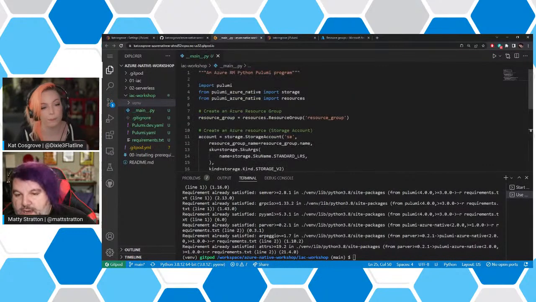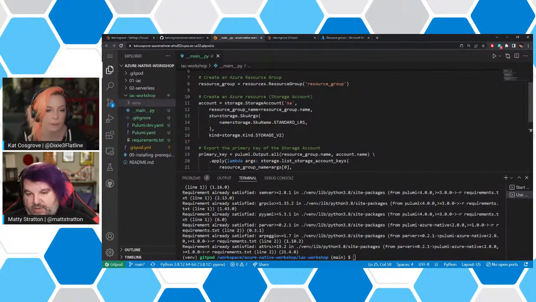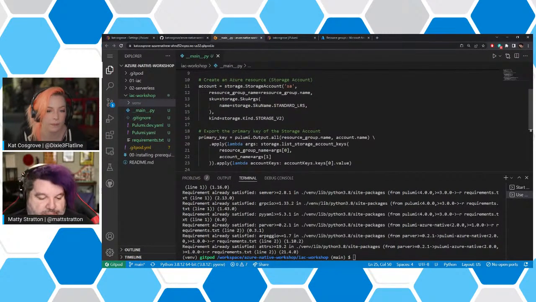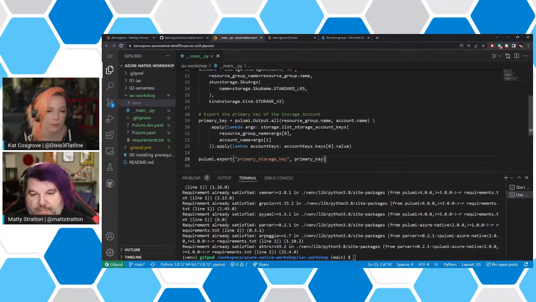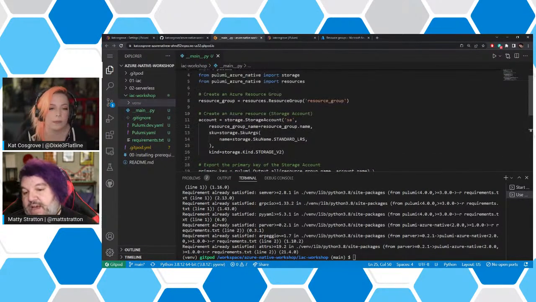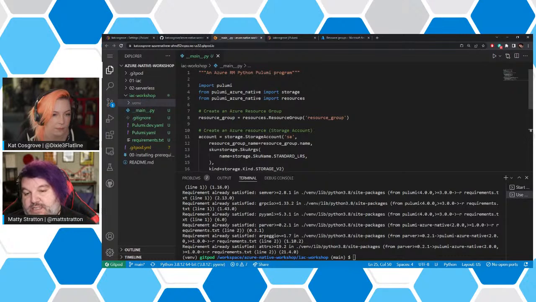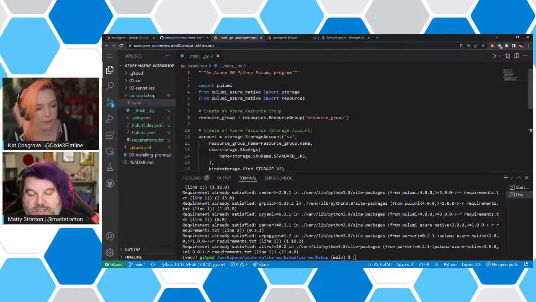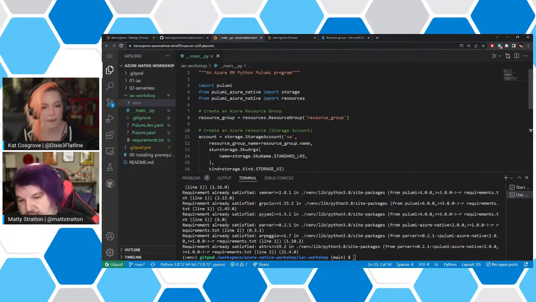So like Kat said, this is sort of a default program that might be what you want. It might not be, but a couple things to look at when we look back, if you scroll up a little bit, because by the fact that we're using a programming language, it lets us do a couple interesting things. So the first thing we want to do is we need a resource group. That was kind of a boring little bit of code. It's just saying create an object called resource group, and it's a new resource group.